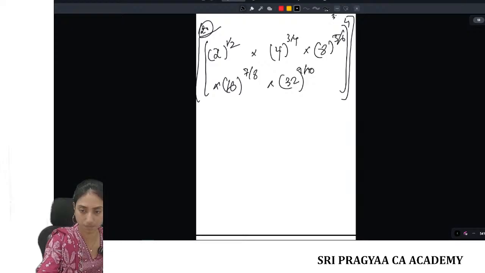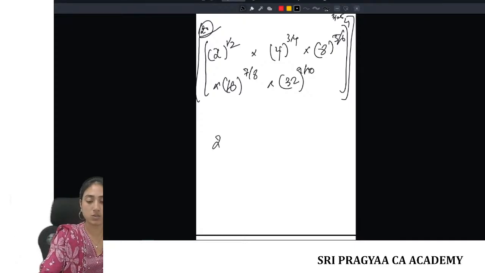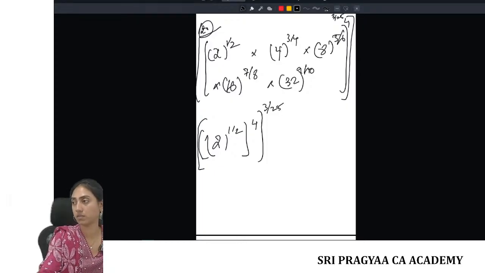Okay. Let's go term by term. Okay. So 2 raised to the power 1 by 2, the whole raised to the power 4. This whole thing is raised to the power 3 by 25. Correct? The first term, this one,